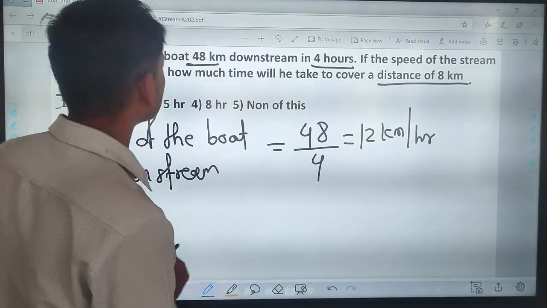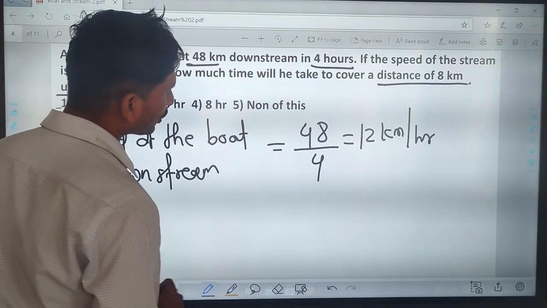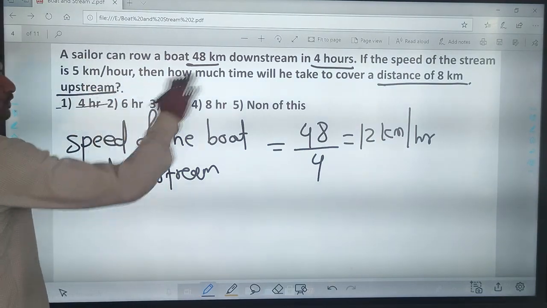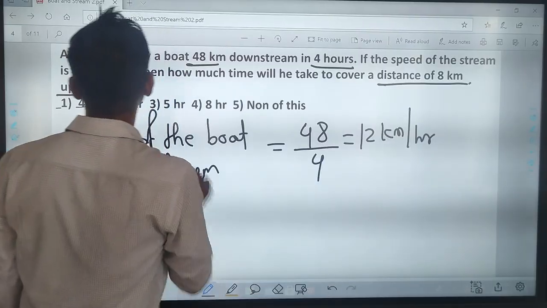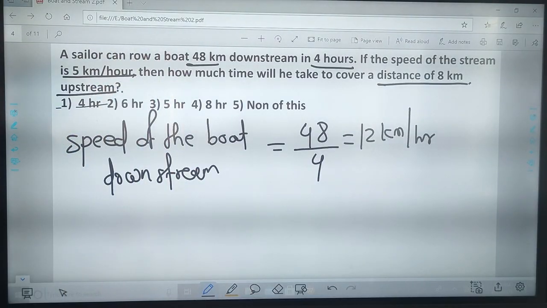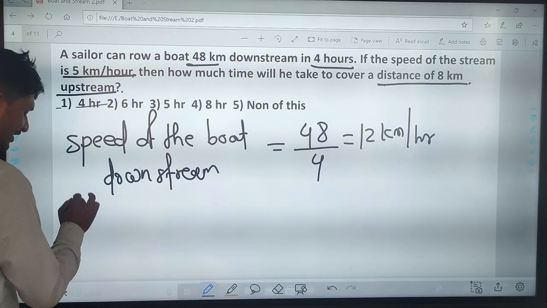Now here we find the speed of the boat upstream. Here the given speed of the stream is 5 km per hour. Then downstream speed,